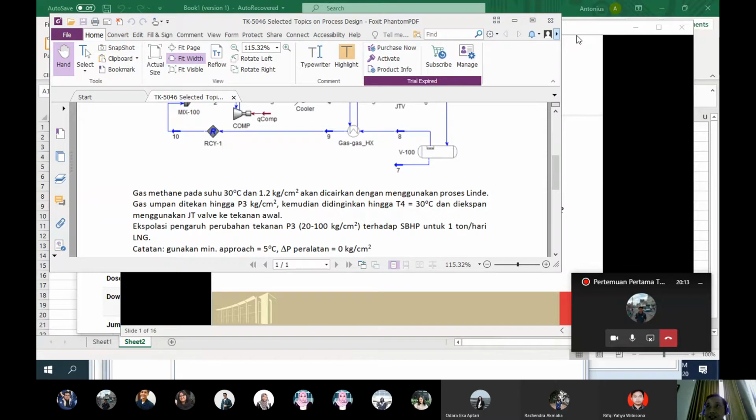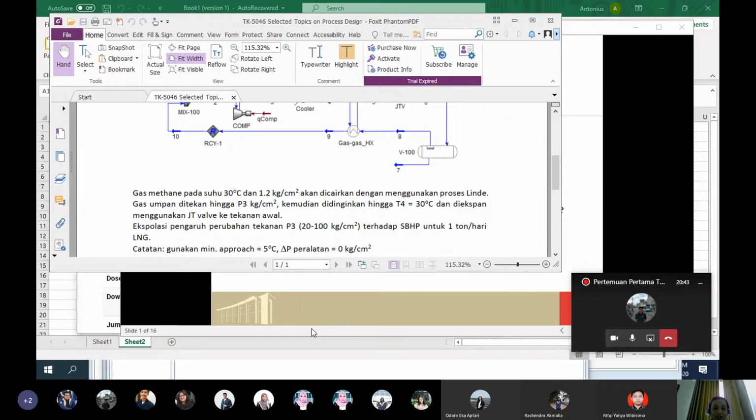So by transferring the heat from the hot stream to the cold stream, in these two streams we can make a line or a curve. We can call them the hot curve and the cold curve. And the shortest distance between the cold curve and the hot curve is called the minimum approach. So when we would like to check the minimum approach in HYSYS,